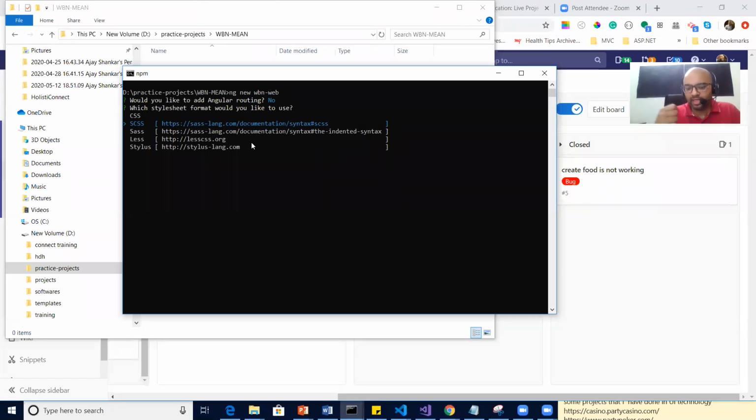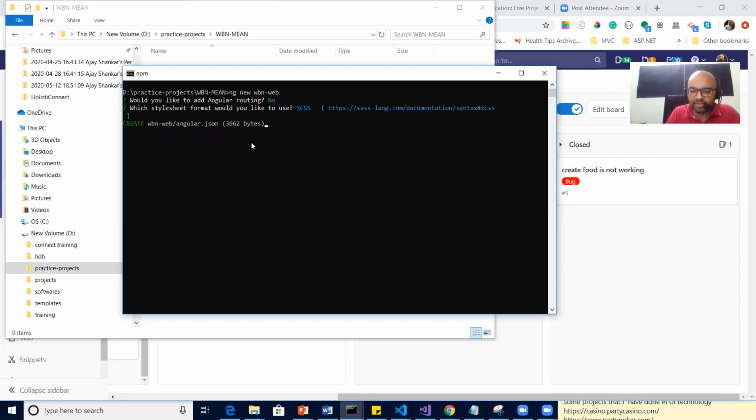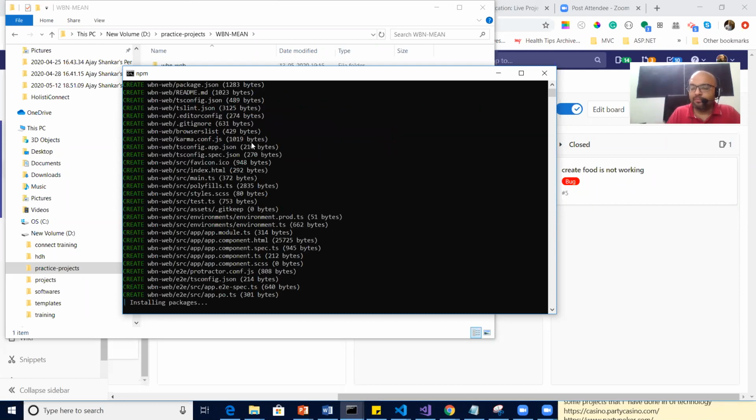Don't worry, I will show you how to work in it. So I'm taking SCSS. There's a Sass preprocessor also, Less also, Stylus also. But the industry best standard is SCSS, from what I've seen. So instead of CSS, we took SCSS, and I'll show you the benefit of it also.